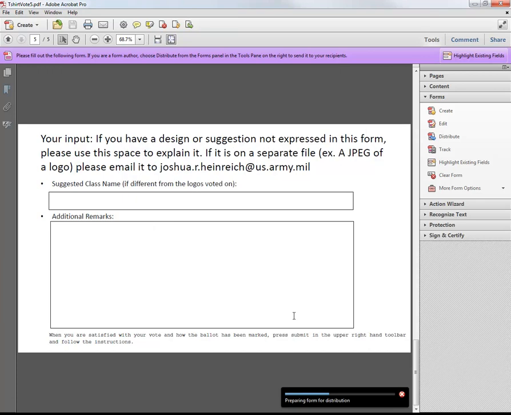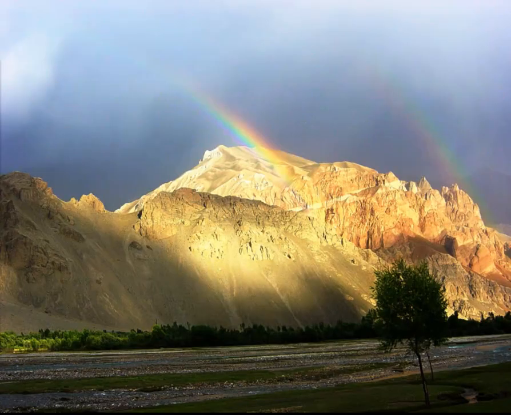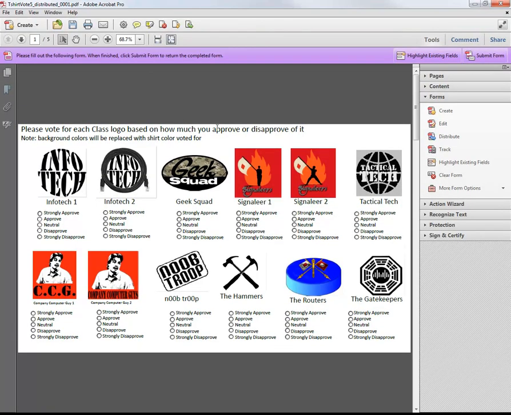And go ahead and click send. Now on your end, a window like this will pop up, and this is basically where you will submit the responses that you get back. On the user's end, however, they'll end up receiving your form as filled out here, and I'll just go ahead and